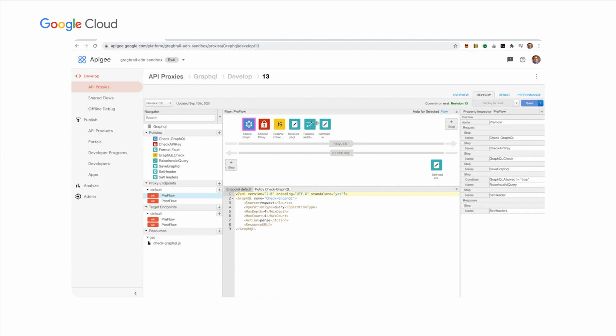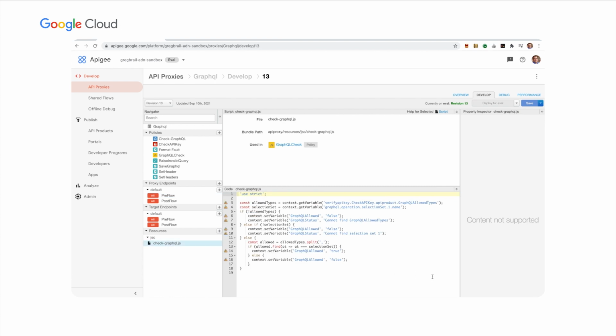For instance, it's used in the check API key policy to enforce the API product logic that I just talked about. I wanted to go a little bit further in this demo and use the name of the selection set, which is the top of that query, to determine which API keys could query which parts of my GraphQL schema. And I did that using some JavaScript.